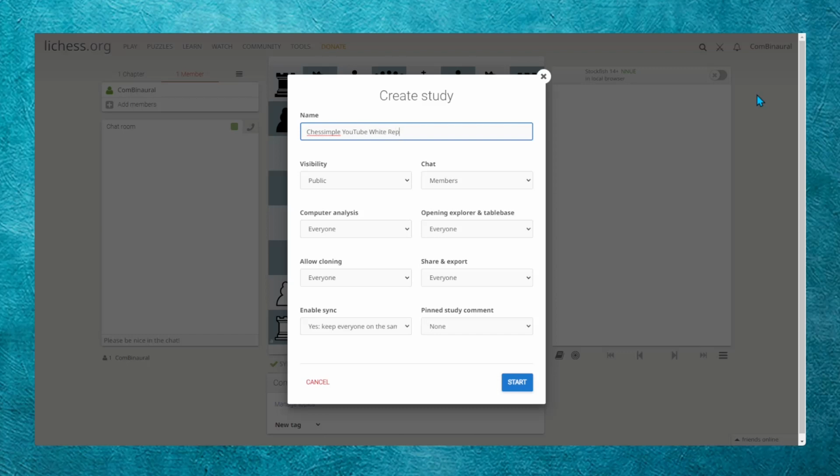White Repertoire. Good enough. Remember, we want to make sure we switch that over to invite only or unlisted if we want, either way, but we do not want it public. That's what it defaults to, and we don't want everybody to be able to see it, I'm assuming. Everything else, we can just keep this as is,